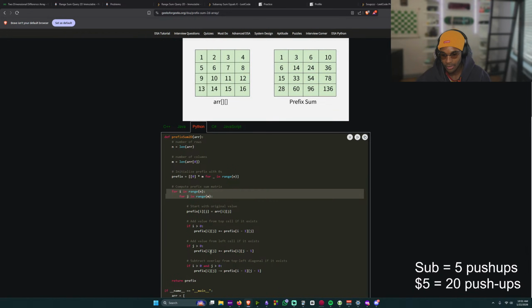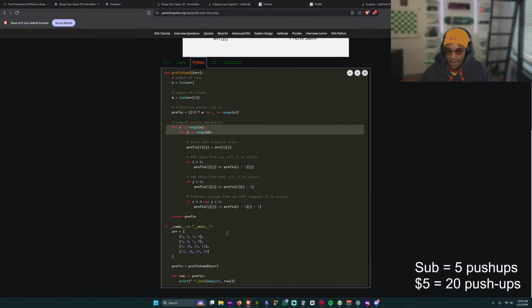So same thing, 1, 1 would be prefix of i, j minus 1, which is 6. So we just get the top and the left one and accumulate to whatever this is. Wow, this is such a cool algorithm. So for each cell, we get the original one, and then we get the prefix above it and to the left of it and add it all together. And then there's something we need to do about the overlapping ones.